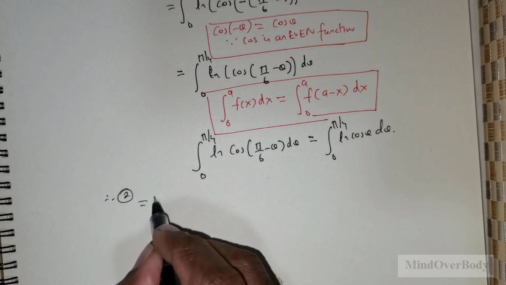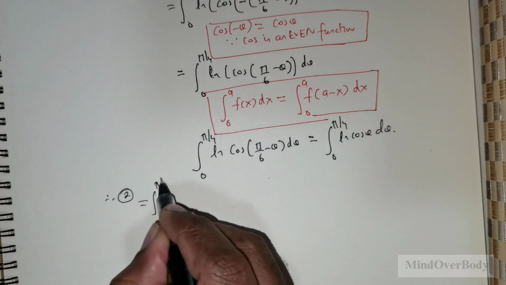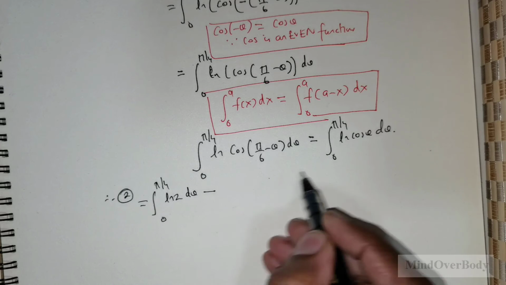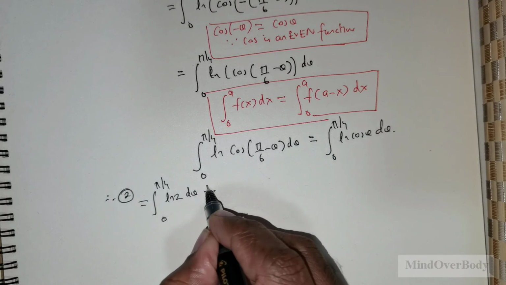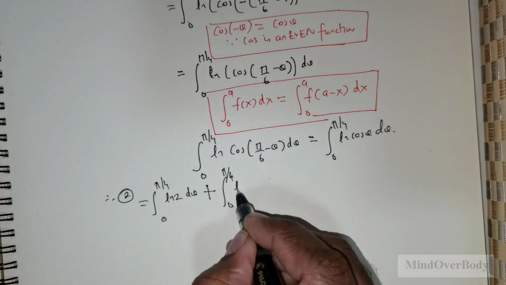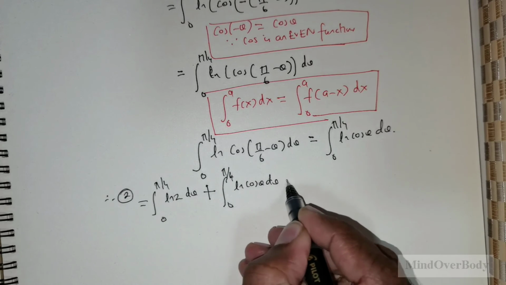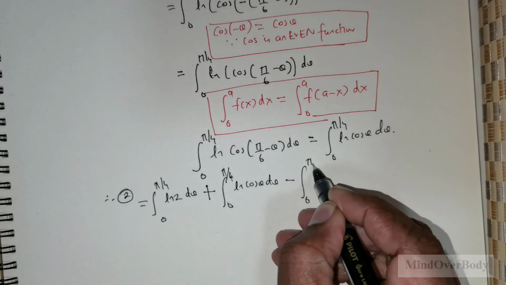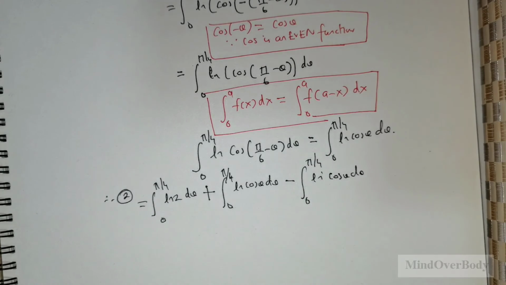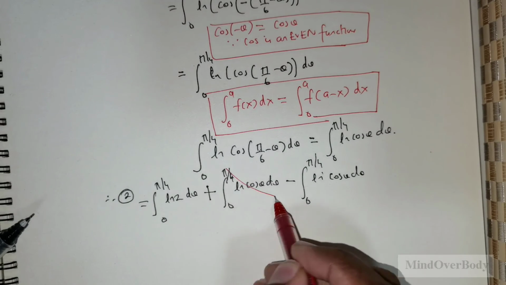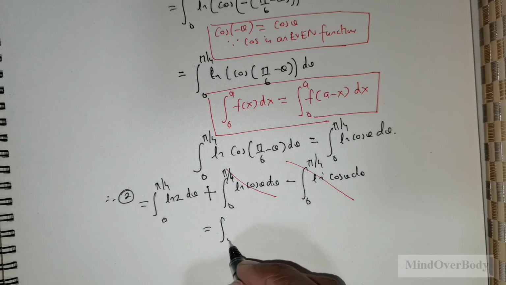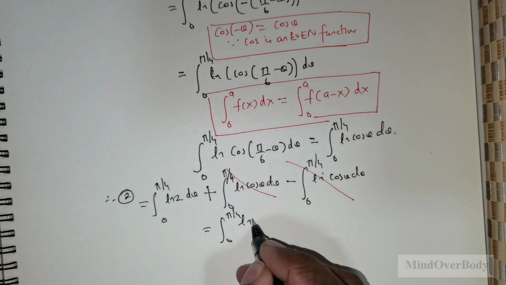So therefore 2 is rewritten as integral 0 to pi over 4 ln 2 times d theta. You got to bring this in, so it's going to be positive integral 0 to pi over 4 times ln of cos theta times d theta negative integral 0 to pi over 4 ln of cos theta d theta. Now clearly these two can be cancelled, thereby giving you integral 0 to pi over 4 ln 2 times